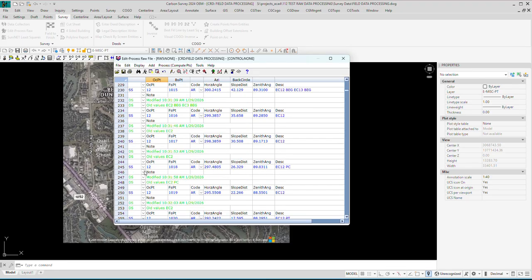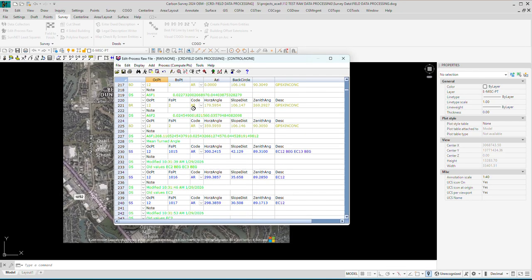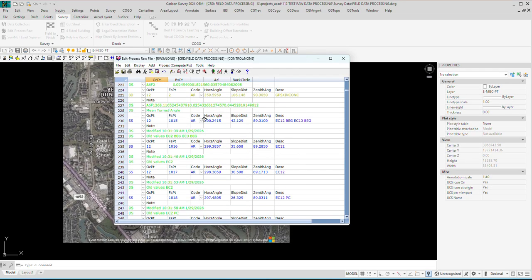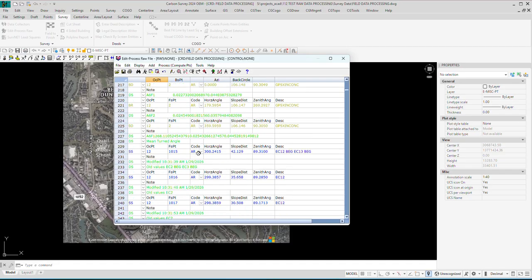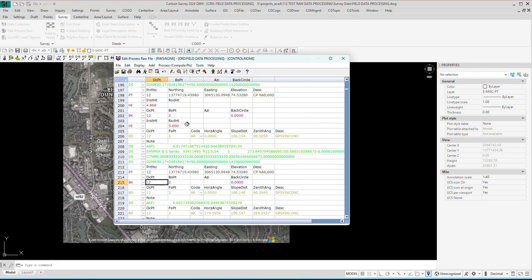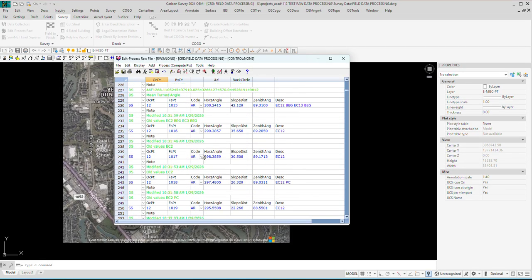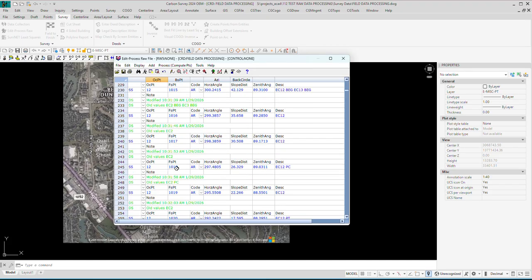Say, for example, at some point you realized that you didn't change your rod height. You had been going through thinking you had a rod height of 5, but then all of a sudden you remembered that when you took this edge concrete shot, you had to raise it to get over a car. Well, you don't have to go back and reshoot everything. You don't have to figure out the difference in the elevation. You can simply come in here